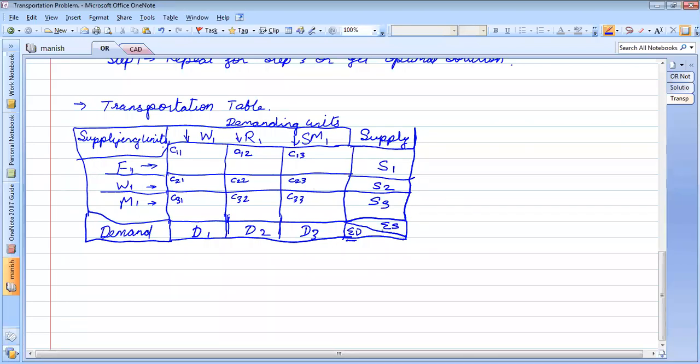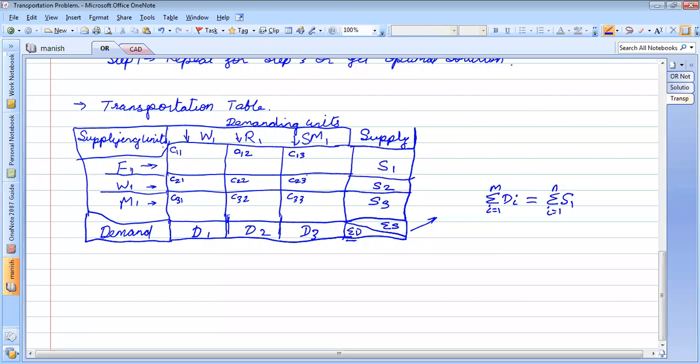So I'm writing summation of i equal to 1 to N, Di is equal to summation of i equal to 1 to N, Si.